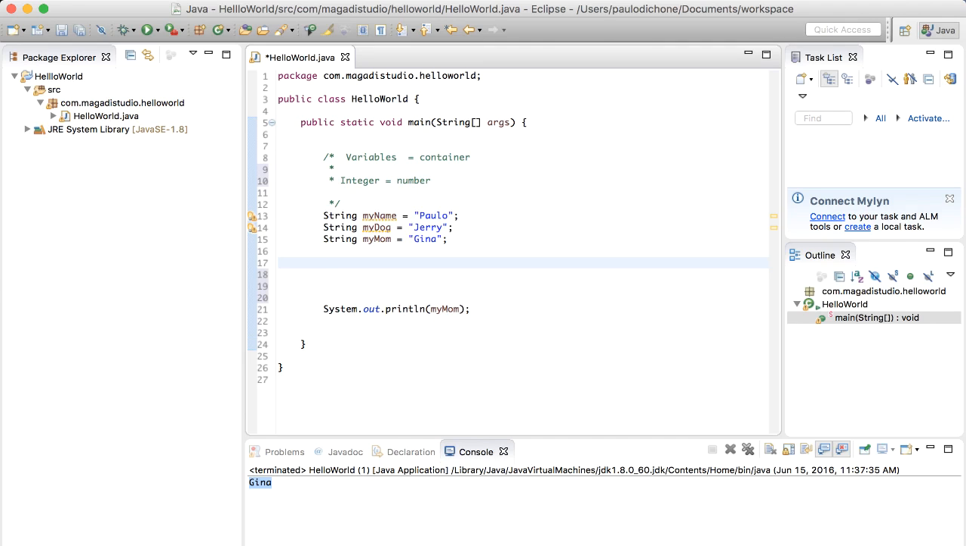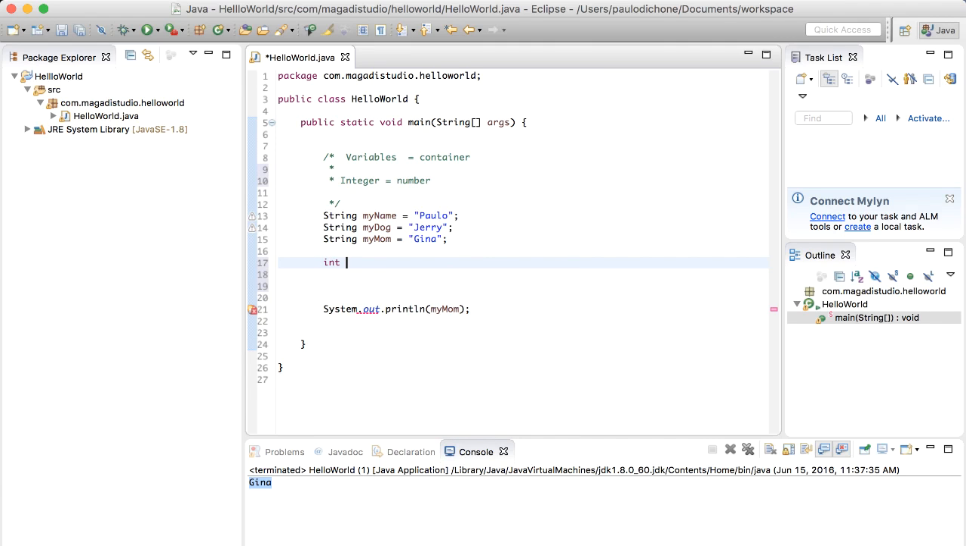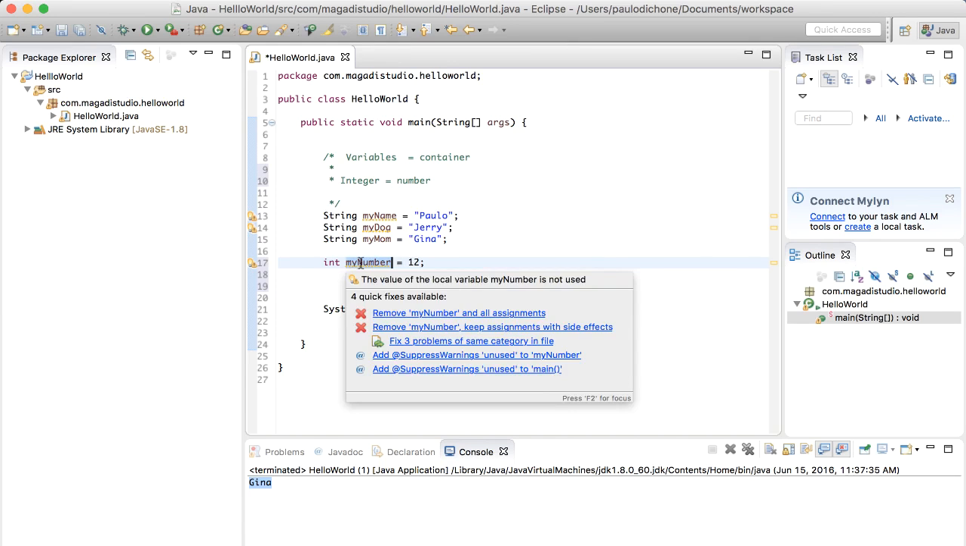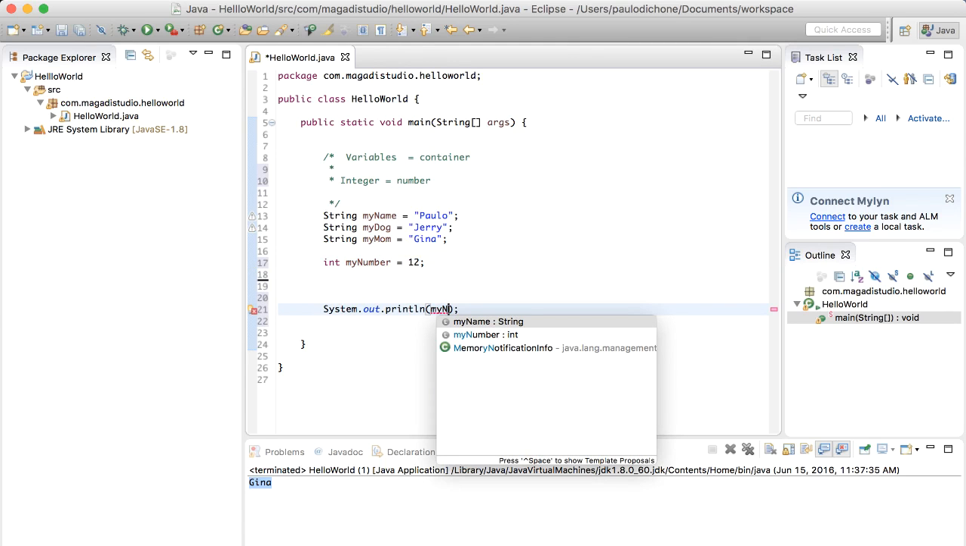How do we express an integer, right? So we go int, again, we're creating a variable of type integer. So we start by saying the type. So we say int, my number is equal, let's say 12, and semicolon. So now we are assigning 12 to my number. Okay, so naturally, if we say my number here,